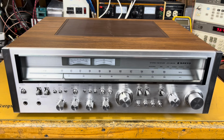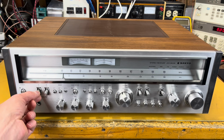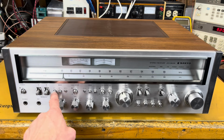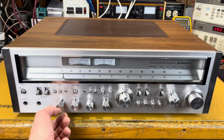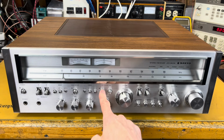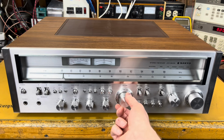Everything's laid out pretty nicely. There's the power switch over here. You've got a headphone jack, mic jack, speakers A, that's on. That's speakers B, that's on. You got some bass cutoff filters, a tone defeat, some treble cutoff filters, and then you've got the individual bass, mid, and treble controls. We have low and high filters, balance left and right, volume,